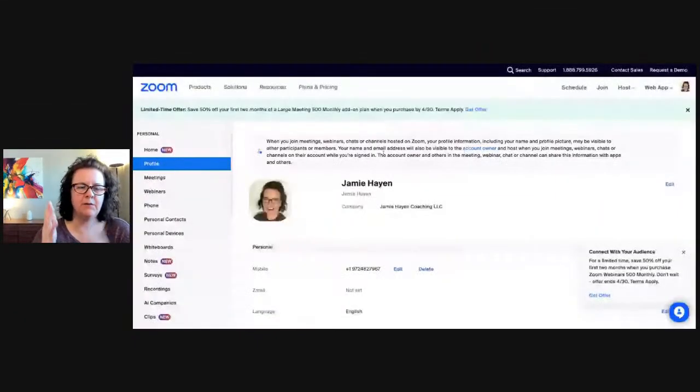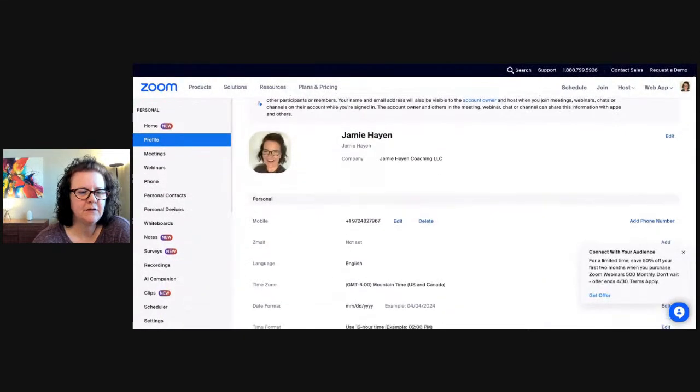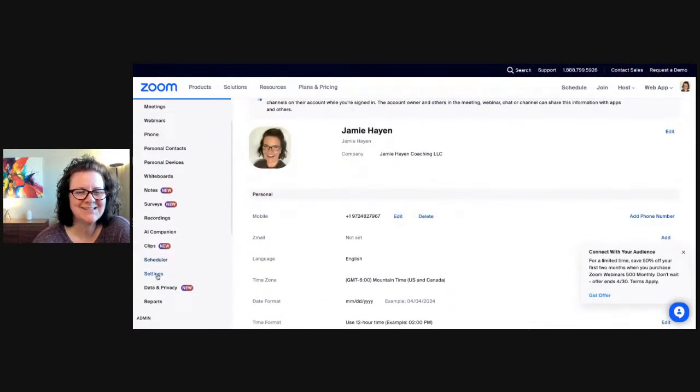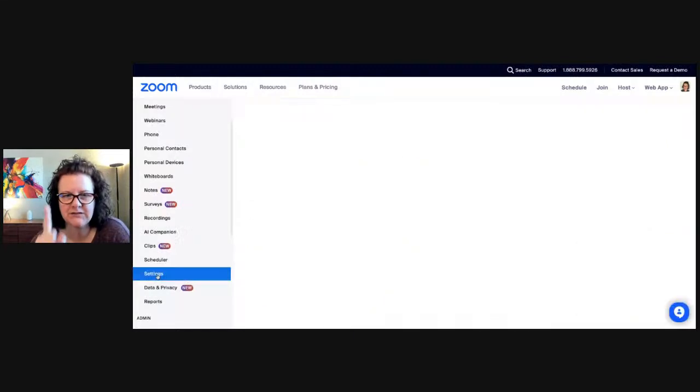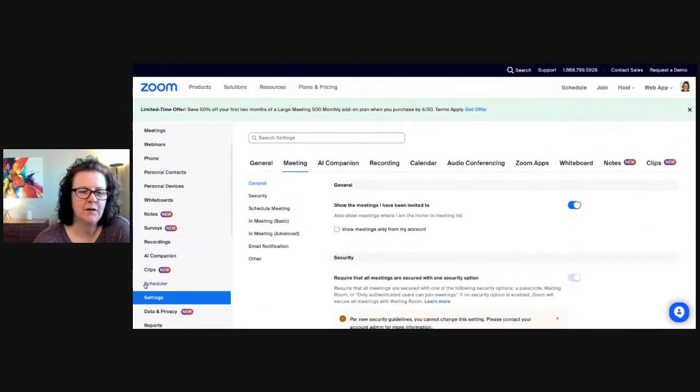Okay, I am in my Zoom profile. What you have to do is go down to the left-hand side and go into settings. You have to set it up for the first time first. Once you're in settings, you're going to go into in meeting advanced,